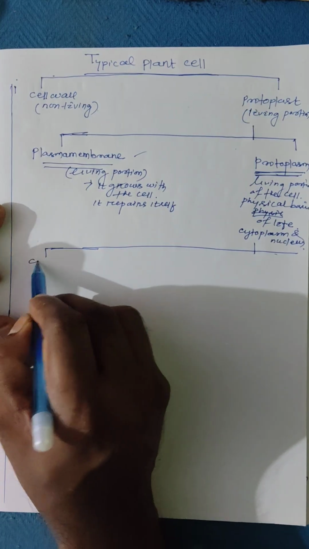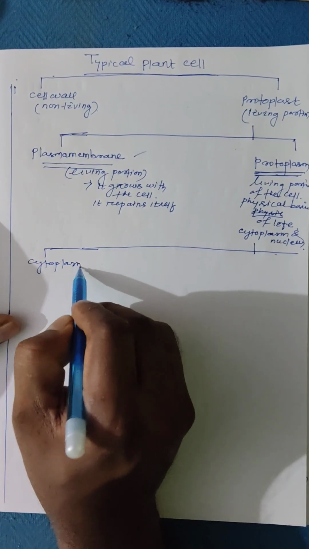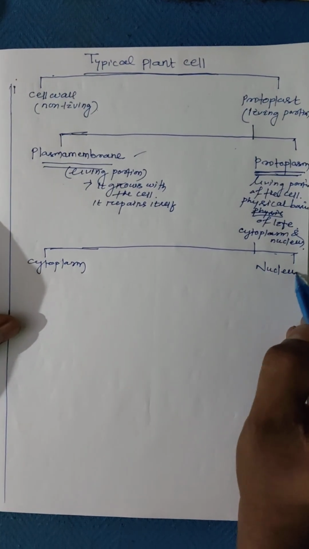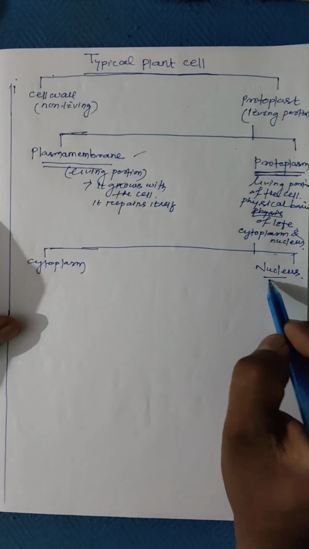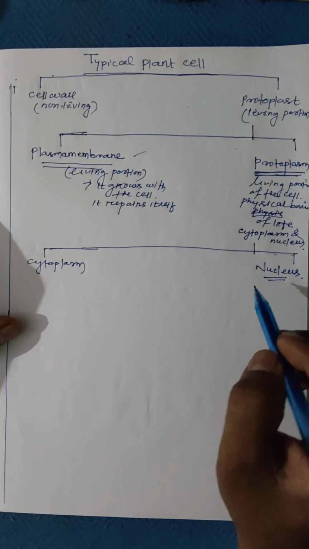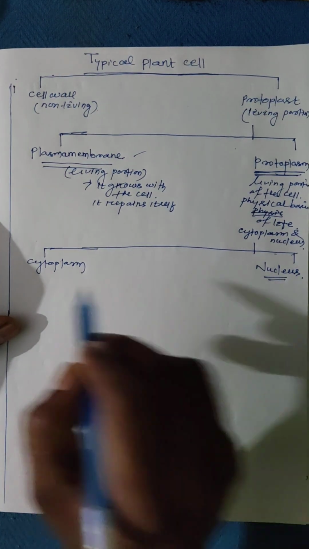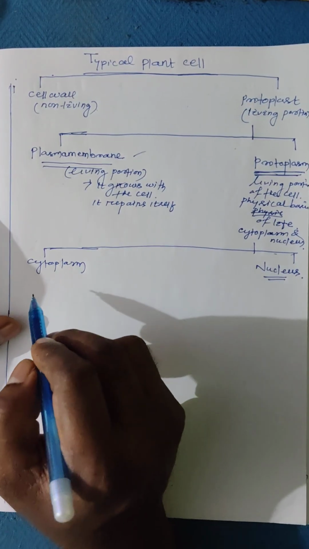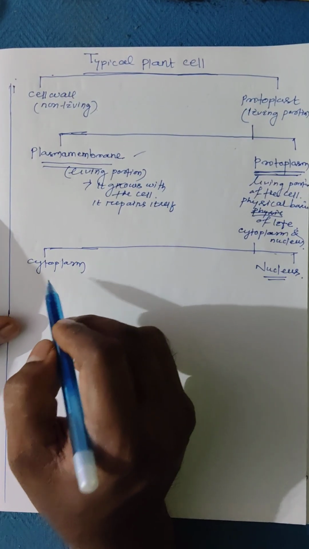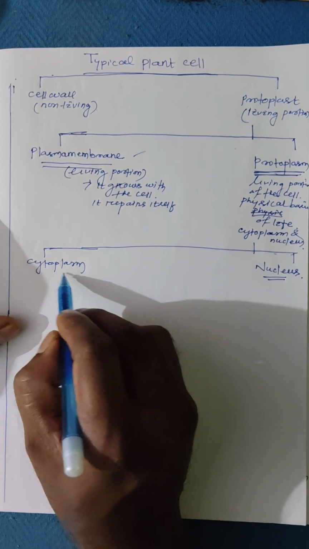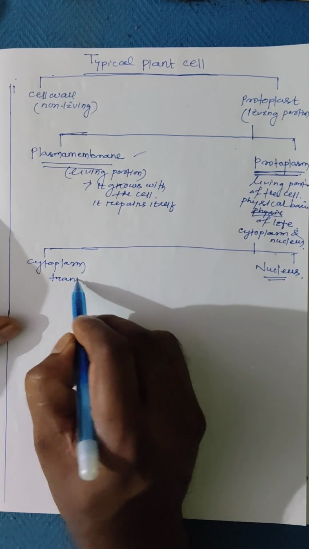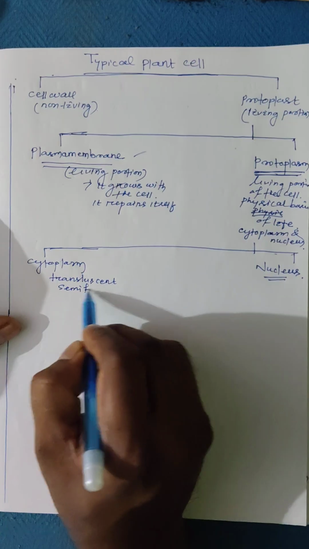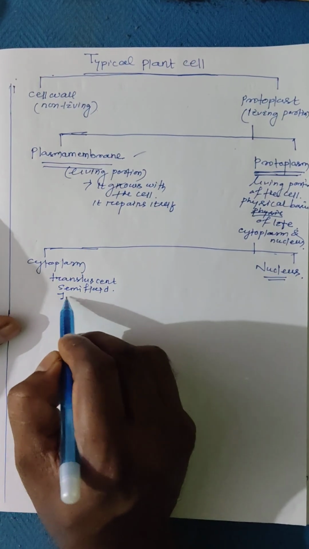So here I write the cytoplasm. Under protoplasm, we will get the cytoplasm and nucleus. The nucleus is one of the organelles, the master organelle of the cell, and now we will divide the cytoplasm. We will see the different portions of the cytoplasm. First, let me define what is cytoplasm. The cytoplasm is a translucent, semi-fluid, jelly-like substance